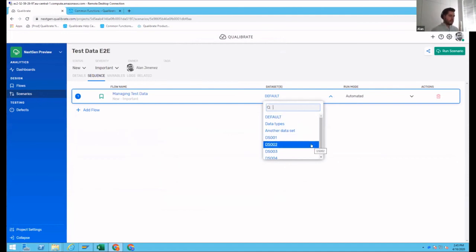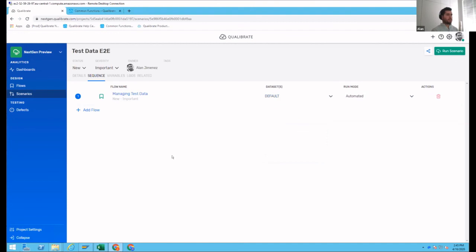One of the things we're working on as we speak is that we also want to give you the ability to execute multiple data sets within the context of a scenario. So if you upload, let's say, 100 data sets, you can execute one scenario with those 100 data sets in one single go, which is a nice feature we are working on at the moment. That gives you an additional capability on top to manage large volumes of data.